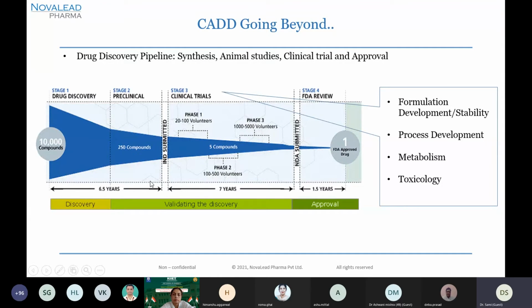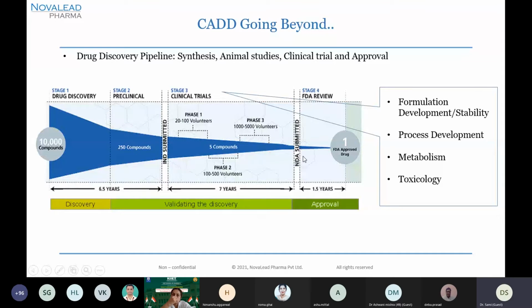I'm sure that Dr. Coutinho or somebody else might have also shown this slide, which shows a large number of compounds getting filtered to a single approved drug molecule. It's more easily said than done. Long number of years, lot of money involved, lot of failure rates, and after 6.5 years of modeling, we do IND submission and approval by the FDA, the entire clinical phase 1, phase 2, phase 3 trials, and submission as a new drug application, NDA. All of that is mandatory. You cannot shortcut any of that.